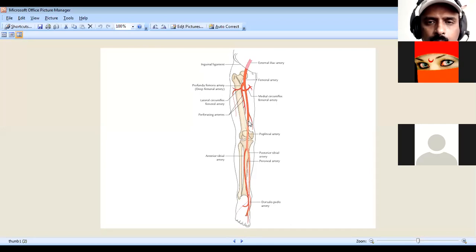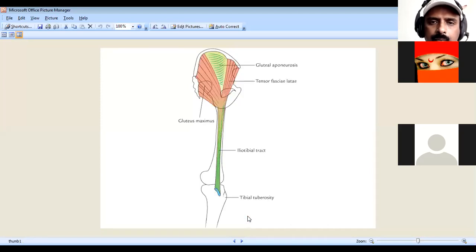that is, the adductor tendinous opening of the adductor magnus, the lower part of the adductor canal. It will be continuous with the popliteal artery. At the tibial tuberosity in front of the knee, the popliteal artery divides into the anterior tibial artery and posterior tibial artery. The anterior tibial artery is continuous as the dorsalis pedis artery.